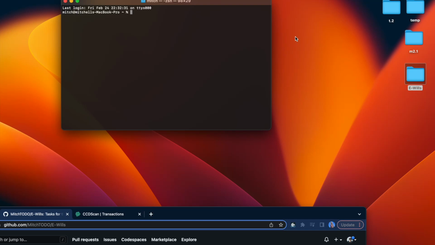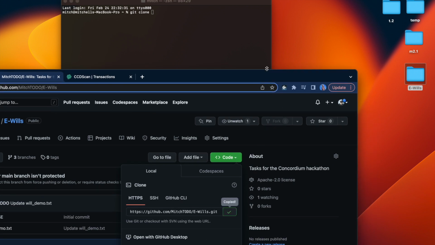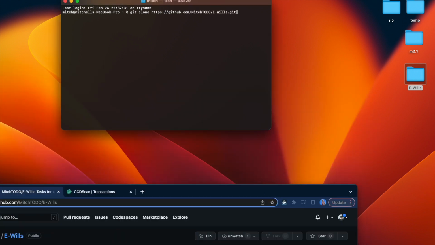Okay, so this is the quick start guide on eWills. What we first want to do is git clone the project repo. So we'll run git clone, and then we'll go to the repository on GitHub, copy it, paste that in, and clone it. I'm not going to run this because I already have it installed, but